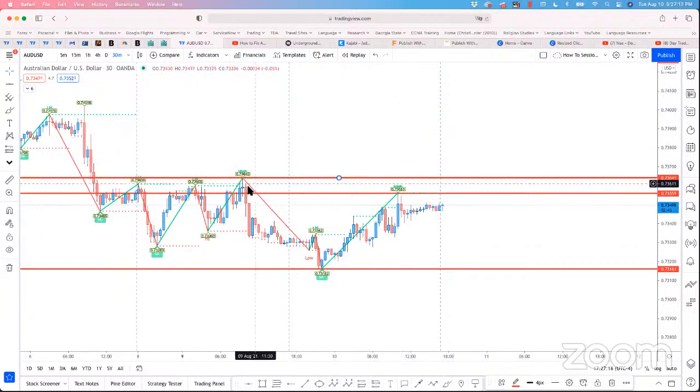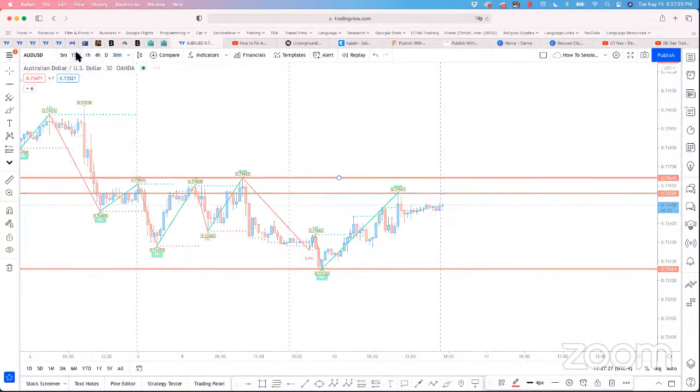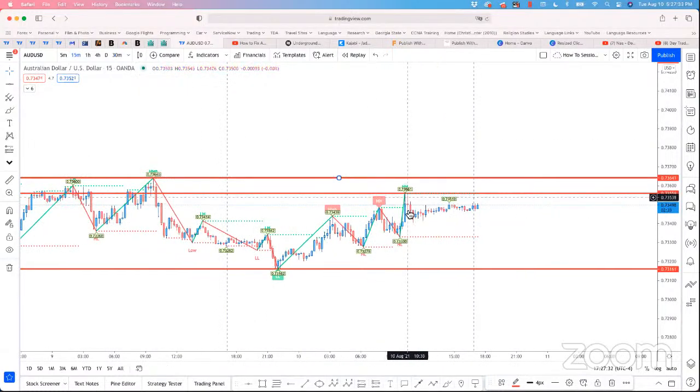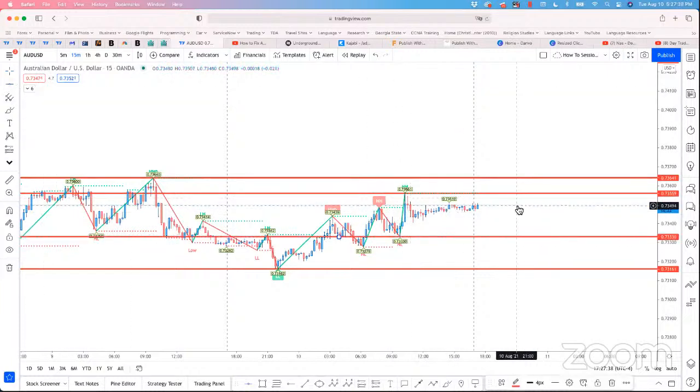We still don't have one, right? All right, that's no problem, right? So we'll keep dropping down. We just went from the 30 minutes, so we'll go to the 15. We finally found one, right? We got this high, and then we got this low. So with that being said,